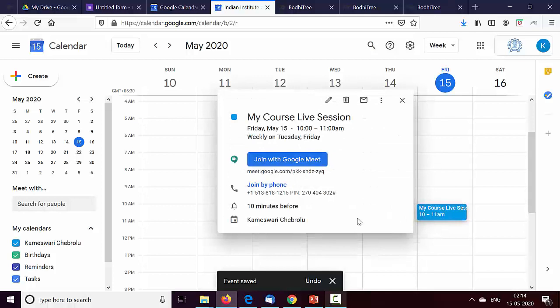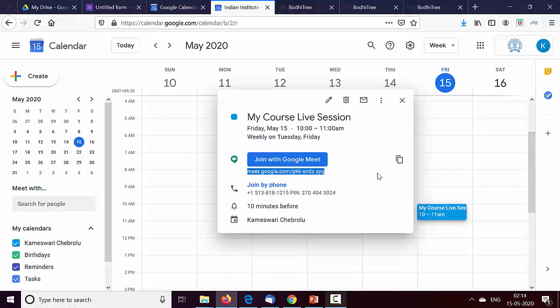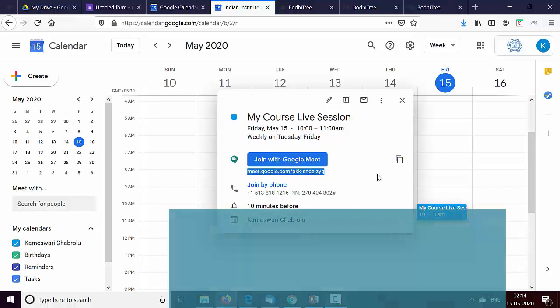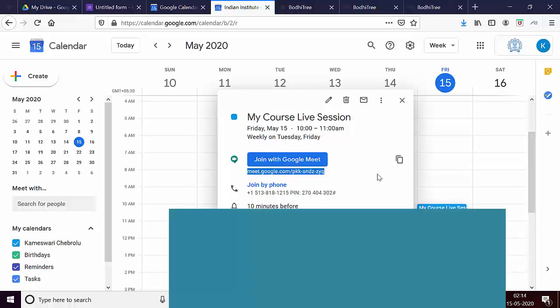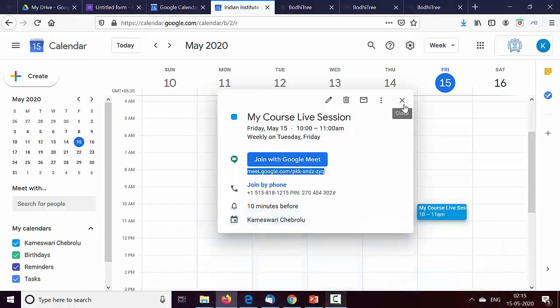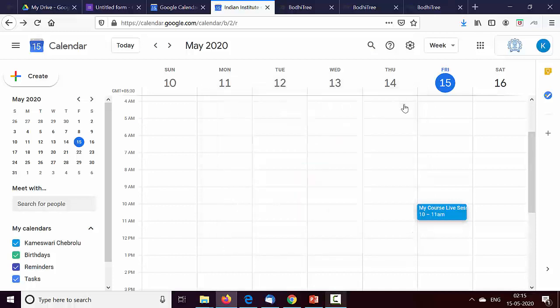It shows the Meet details, and this is what you need to copy and share with your students through email or whatever means. Because it is part of your calendar, you will get reminders that the meeting is about to start. That way you can join the meeting. So this is one way to schedule a meeting.